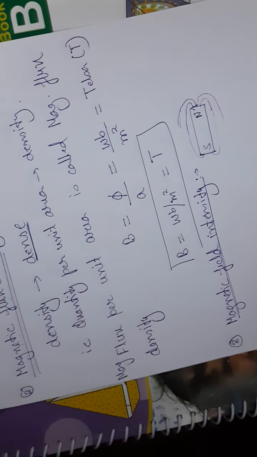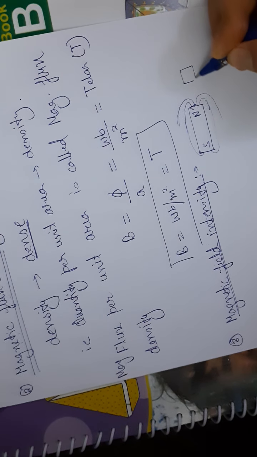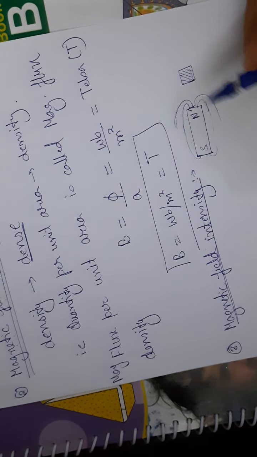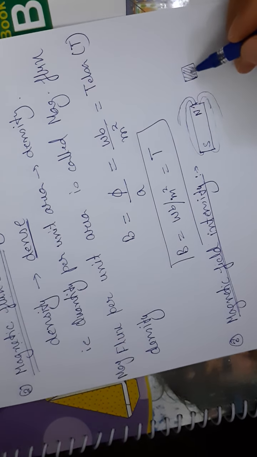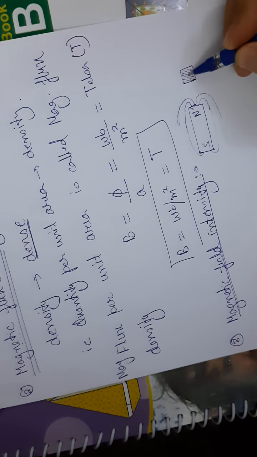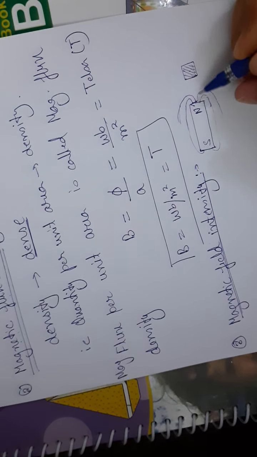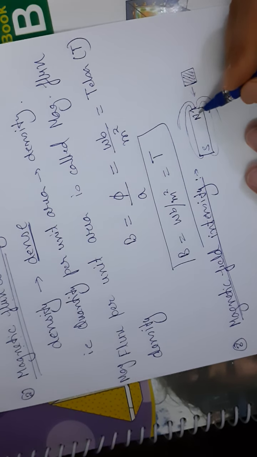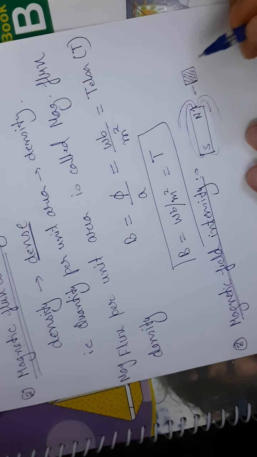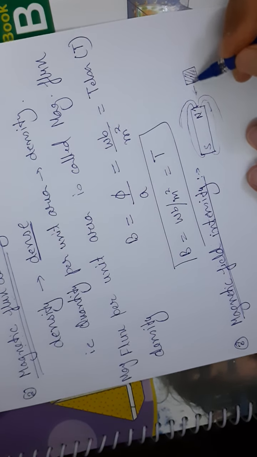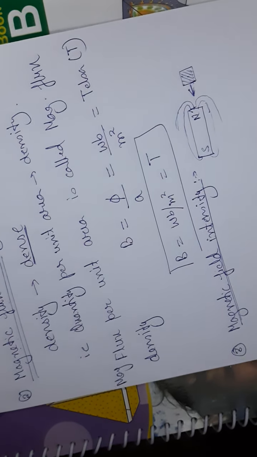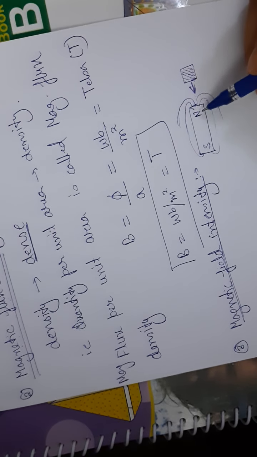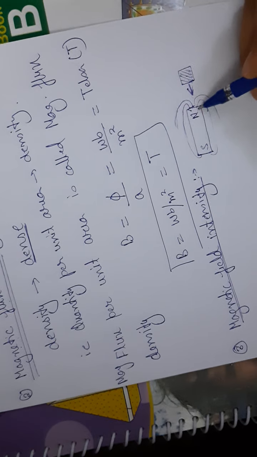Now suppose I have another magnet here. Intensity means how much force this magnet will exert on the other magnet, so that it is attracted towards this side. This magnet will definitely exert some force on the other magnet, so it will try to move in this direction. It depends on how strongly the other magnet is attracted, which depends upon the magnetic field intensity of this magnet.